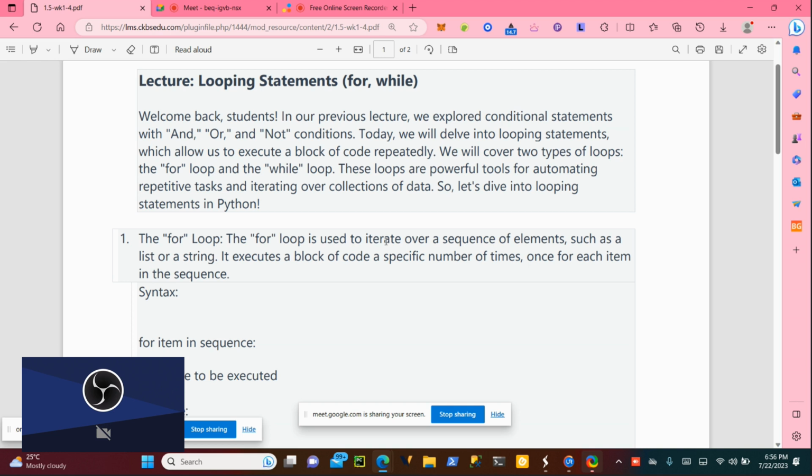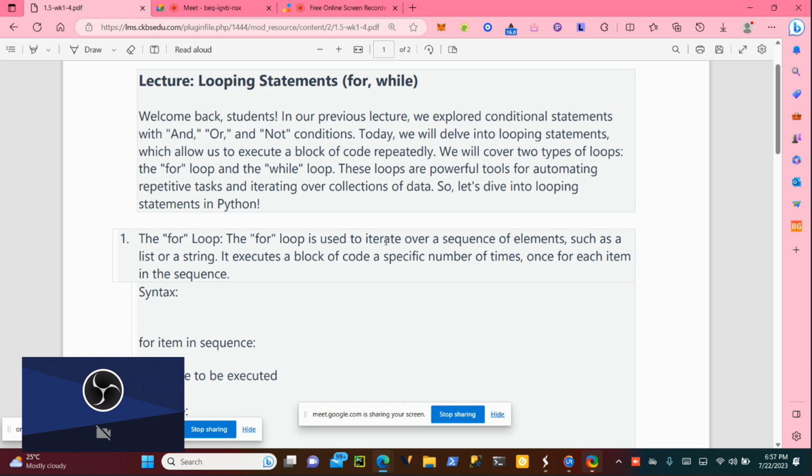Who can tell me? When somebody says a sequence of 10 numbers, what would that person be expecting? To give maybe a sequence of 10 numbers. Meaning the person is expecting the sequence to have 10 numbers, but it should follow a particular pattern. So sequence means one after the other. You cannot jump.